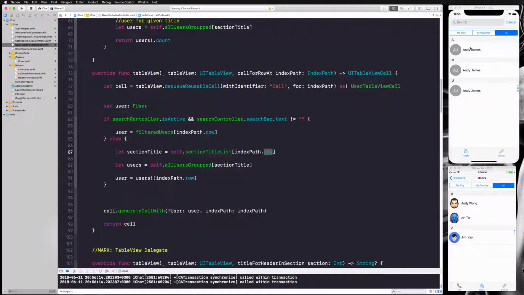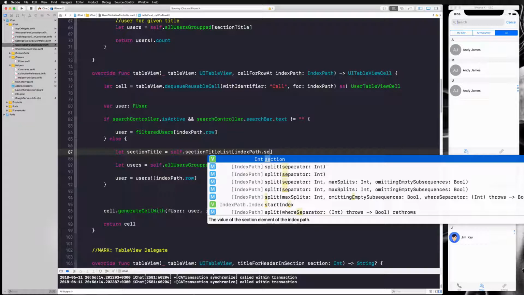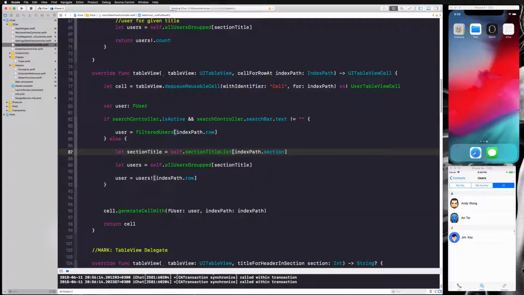But what we need to do is access the section here, because we are going through to different sections. So if I replace this with indexPath.section and run my application,